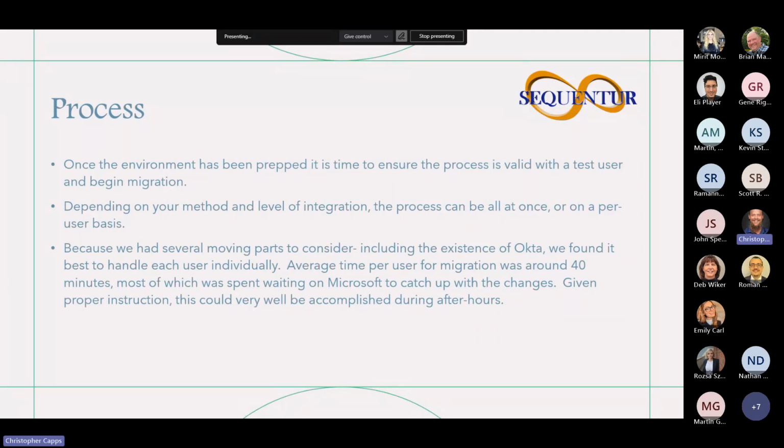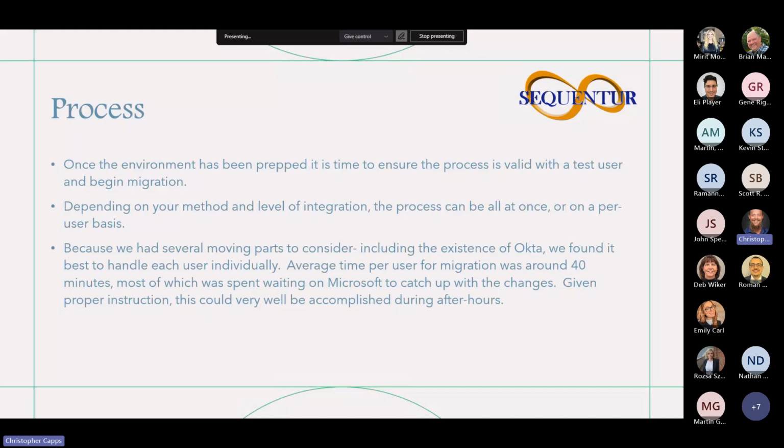All right. So, process. Once the environment has been prepped, it is time to ensure the process is valid with a test user and begin migration. As I mentioned, you build out a user just like you would any normal user, and walk through the migration step by step, documenting as you go, identifying any hiccups, any issues, etc. Depending on your method and level of integration, the process can be all at once, as we discussed, or on a per user basis.